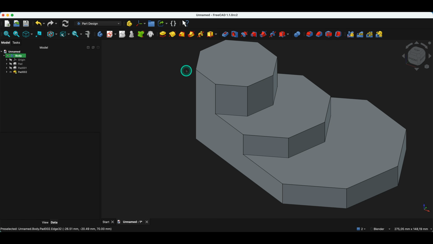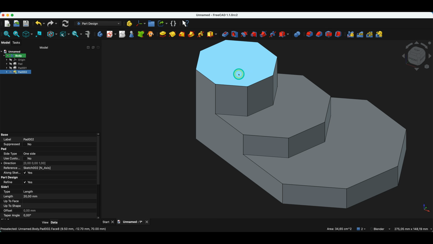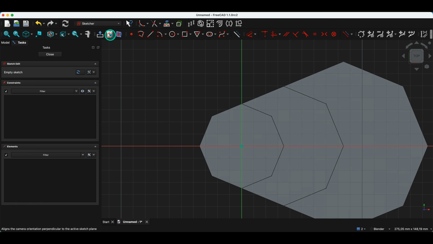Now we will cut material from the solid so as to make a container out of this solid, and we will start by creating a sketch on this face. I select this face, and I select the New Sketch command so that this face becomes the sketch plane. Next, I select the External Projection command, and I indicate this face so that all geometries of this face become reference geometries. And now I click the right mouse button to cancel this command, and with a selection box I select all geometries,